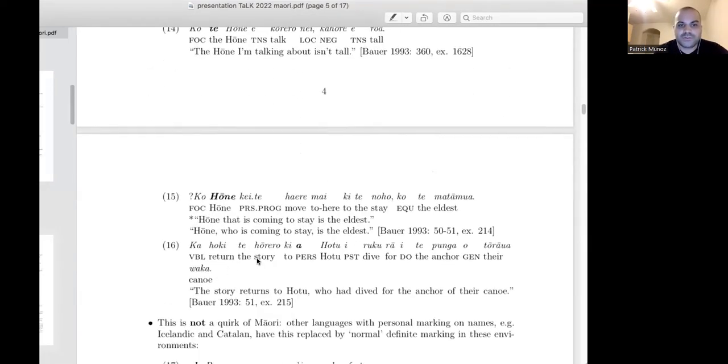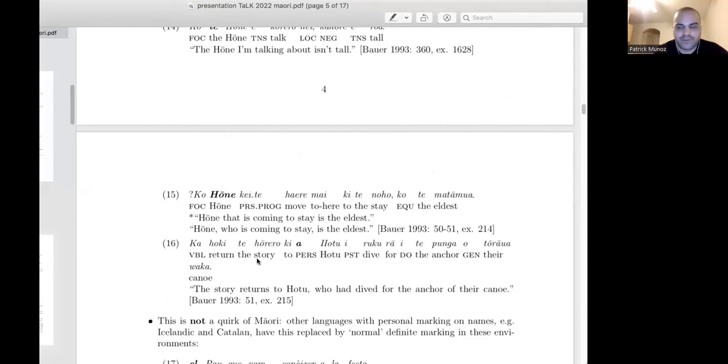And this is specifically something having to do with restrictive modification. So the judgments that Bauer reports in his, I believe, reference grammar is that when the modification is read as non-restrictive, speakers sometimes allow the modification, but when it's read as restrictive, they don't. So first, if you give them a scenario where restrictive modification is more likely, the judgments worsen, versus a scenario where non-restrictive is more likely, the judgments get better.